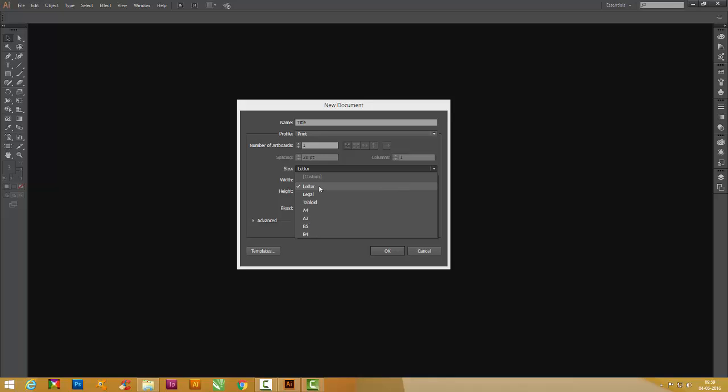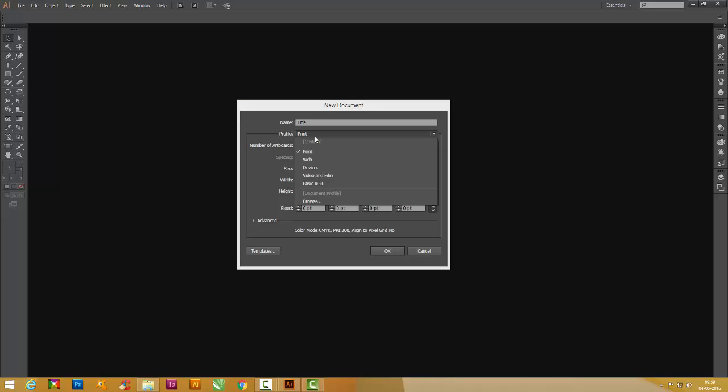Out of these 7 options, the first 3 are used for documentation purposes like government orders, business proposals, official letters, and the remaining A4, A3, B5, B4 are used for graphic designing purposes like posters, pamphlets, brochures, flyers, etc.